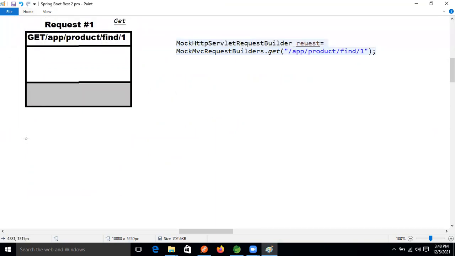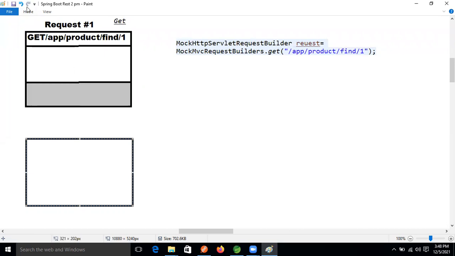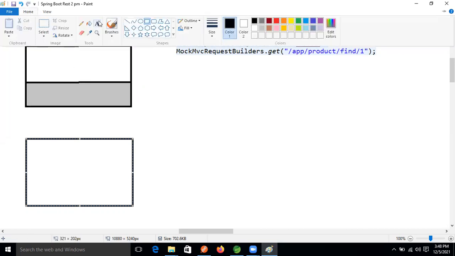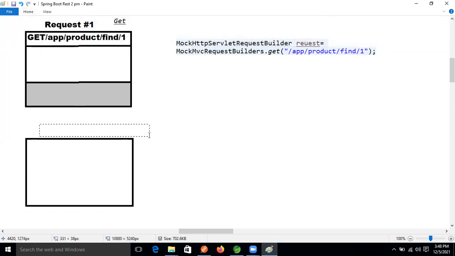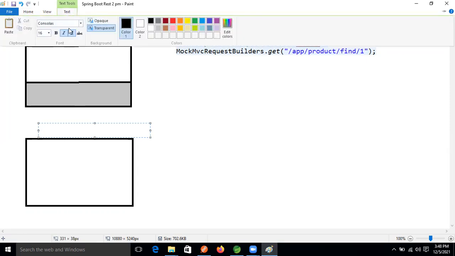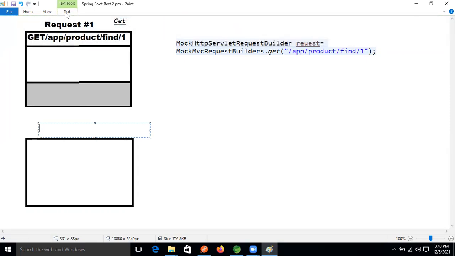Here is the post methodology, right? If we create the mock request using post, then see this request. This is the HTTP request, the second request.